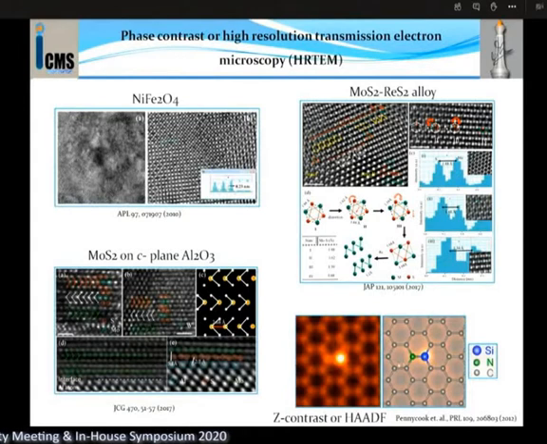There is also another technique called atomic resolution Z-contrast imaging, which can give you similar dots to HRTEM, but with added information, because you also get chemical contrast. For example, with silicon and hydrogen on graphene, you can see the brighter dot has silicon and then hydrogen. So you have chemical contrast. Just to mention, HRTEM is also able to give you this kind of information, but it is not widely used.